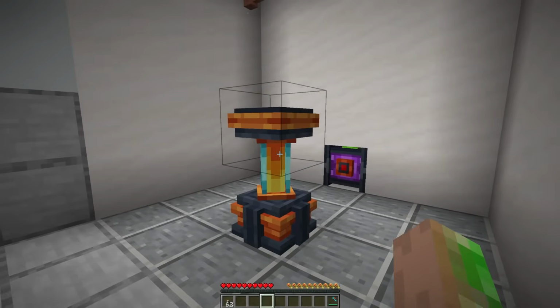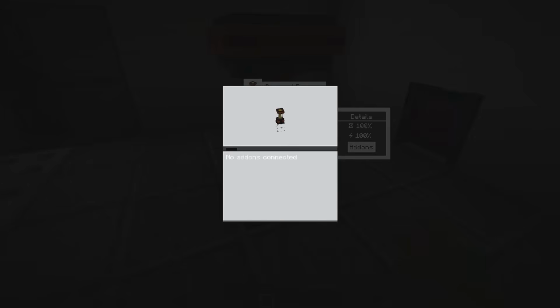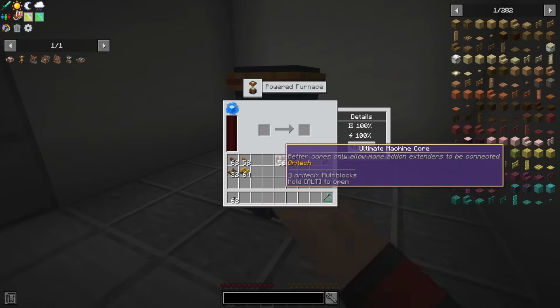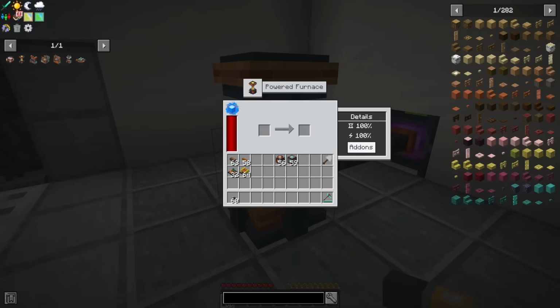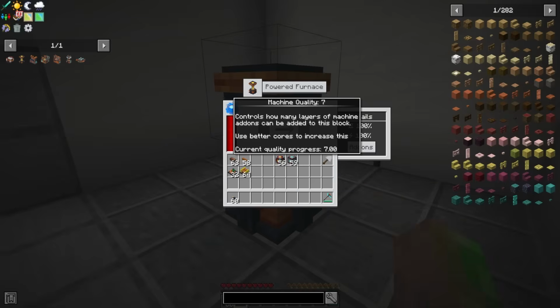The powered furnace does require a single machine core and gives you 1 add-on slot on the bottom. The powered furnace is basically the exact same as a Minecraft furnace, except instead of using solid fuel like coal, it uses power to smelt items. With this single machine core requirement, you are able to get to the max 7 machine quality,